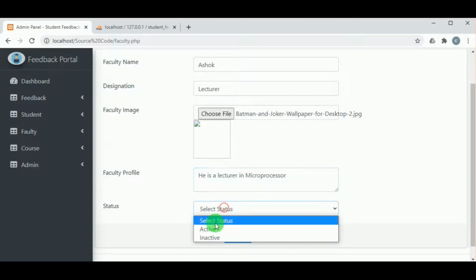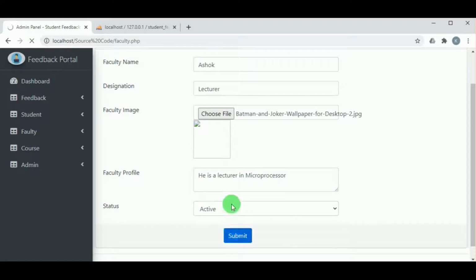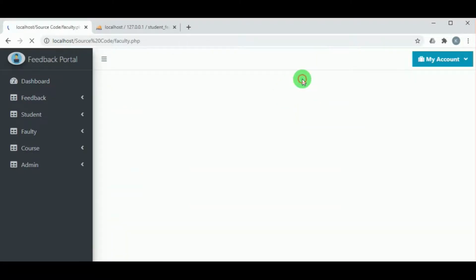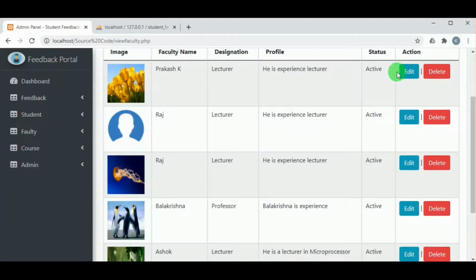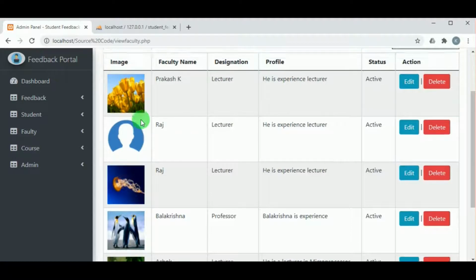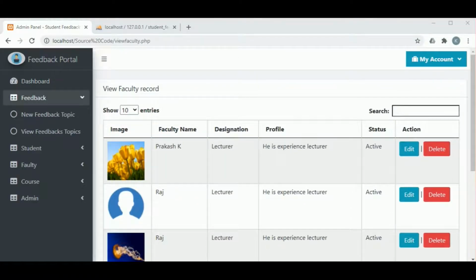Select the status as active and click on submit. We'll add the faculty record. In view faculty, we can view the various faculties of the college. Admin also has actions to edit and delete the faculties.